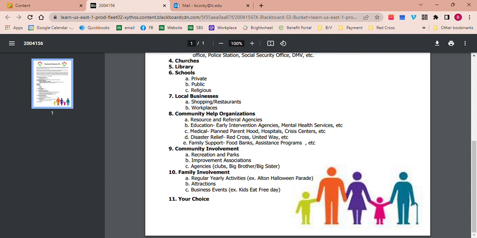One thing I do not have on here, there is some mental health services here, but that's social emotional support. That is huge right now. So what information can you find that would really help families when they're struggling with kids' behavior, kids' delays,